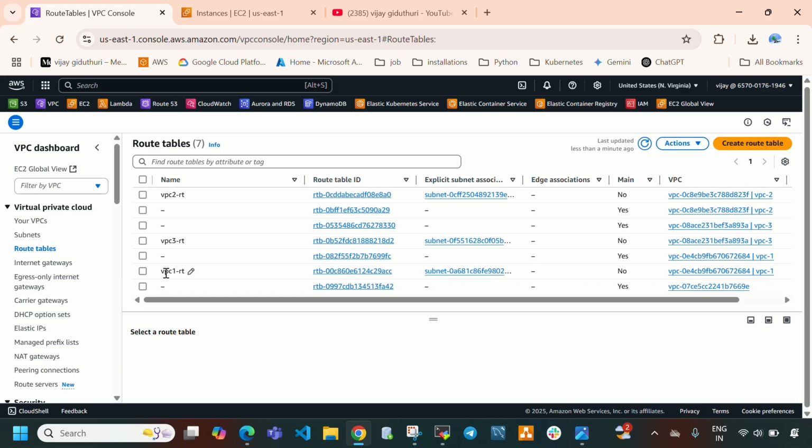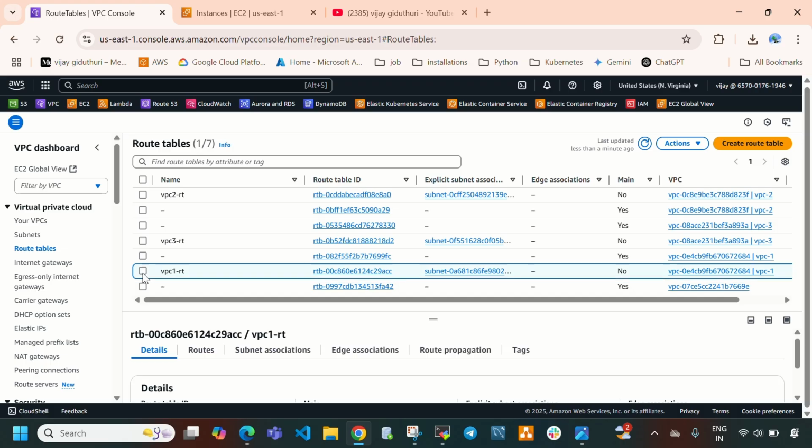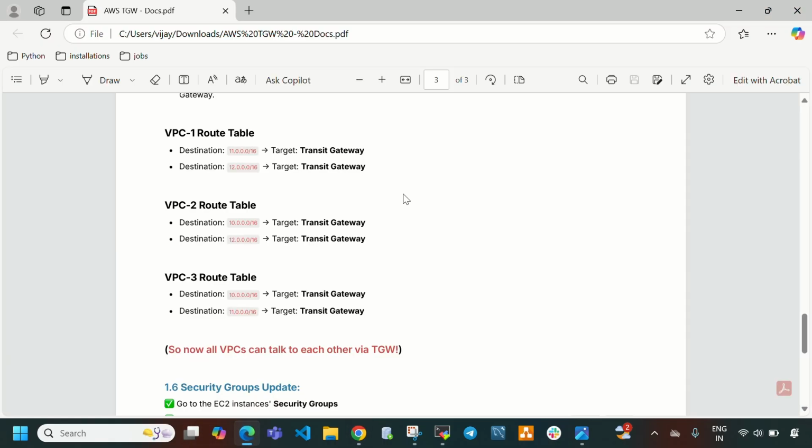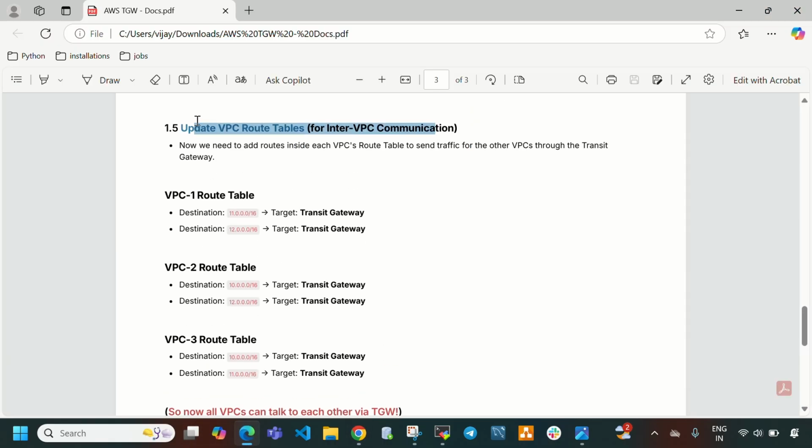Here you can see this is the VPC1 route table, VPC2 route table, VPC3 route table. Let me open this VPC1 route table, select it and select routes. Here you can see we need to update the VPC route tables. Now we need to add routes inside each VPC route table to send traffic to other VPCs through the transit gateway. Okay, so this is the point.